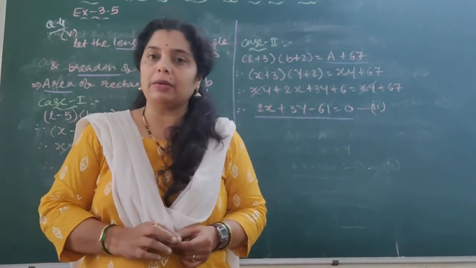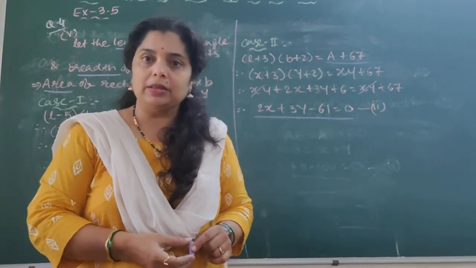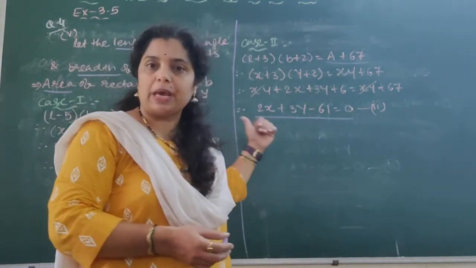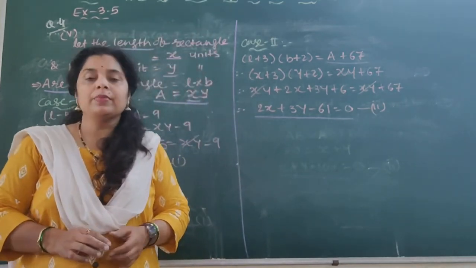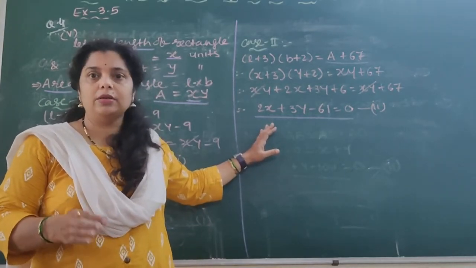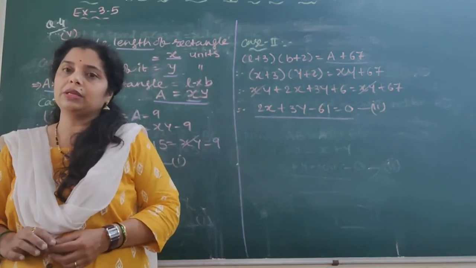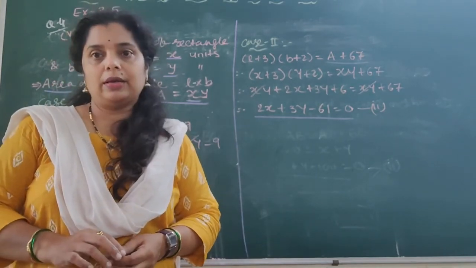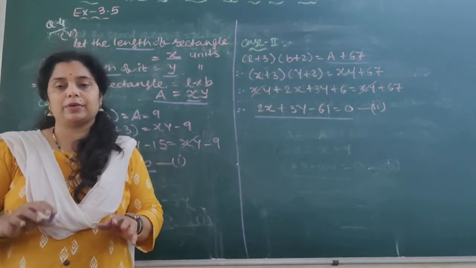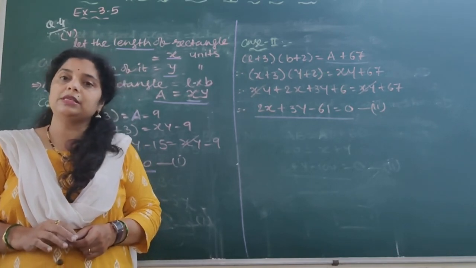And how do we find the dimensions? Dimensions mean length and breadth. In short, you have to find x and y. Using this pair of linear equations, you can use any algebraic method, substitution, elimination or cross multiplication method, and you will get the values of x and y. Is it clear? So this concept, the cross multiplication method, is over, and we will see the new concept in the next lecture.